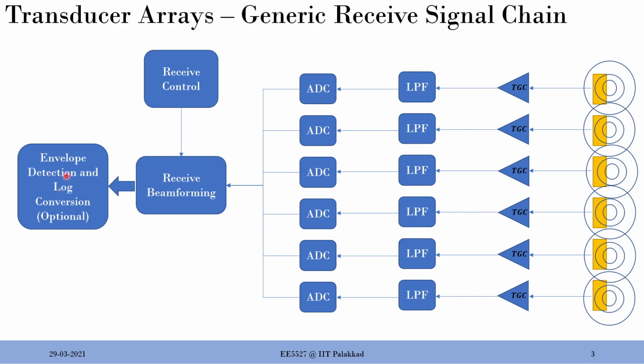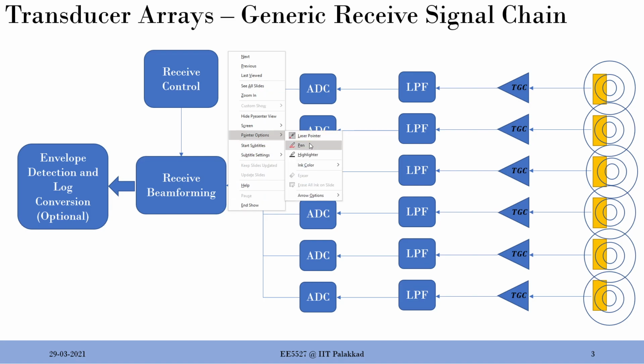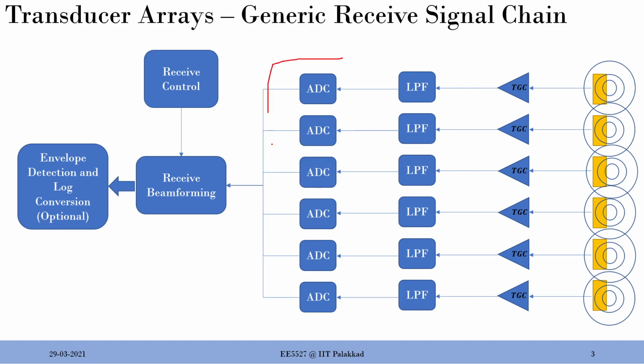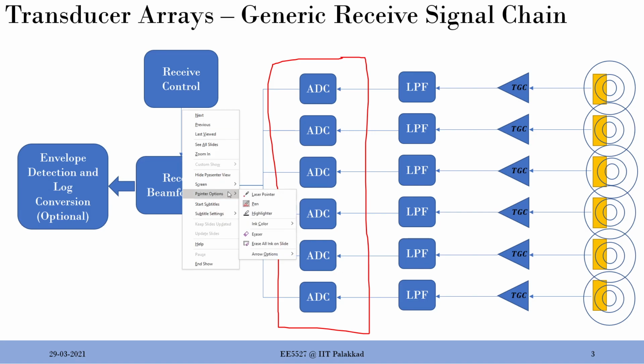Okay, so this is optional, but we will have some discussion on this maybe later towards this course, because that's also worth noting down, because in many systems it's extremely useful. Okay, so that's it. So this is the receive signal chain in a nutshell, and in this particular lecture we will be focusing more on this particular aspect, because the choice of ADC in this receive chain is extremely important, and you should understand this concept in a thorough manner so that you can make that choice. Okay, so let's move on.